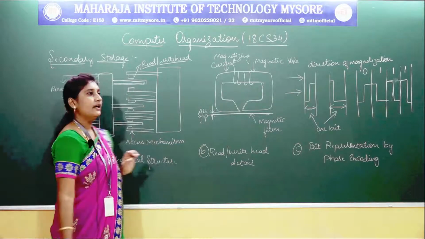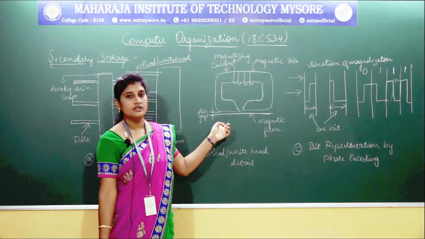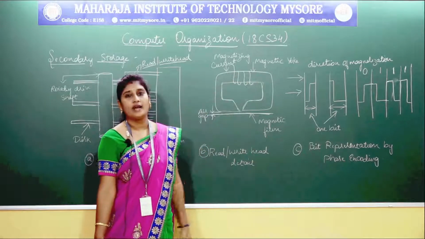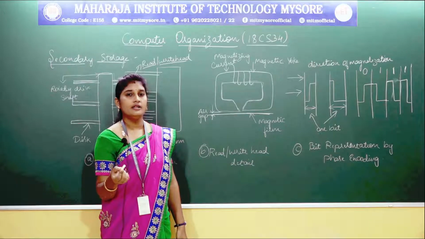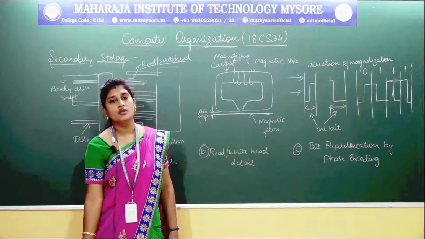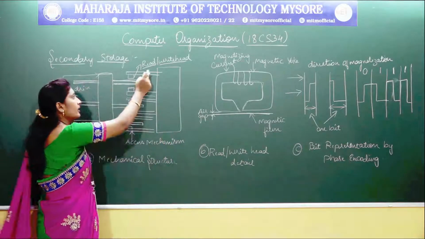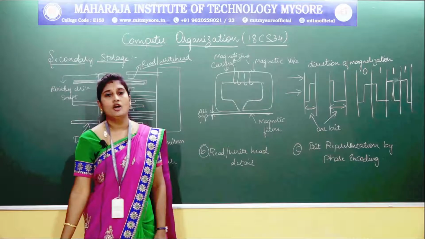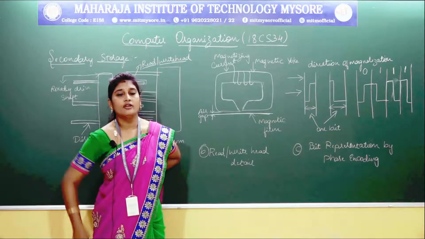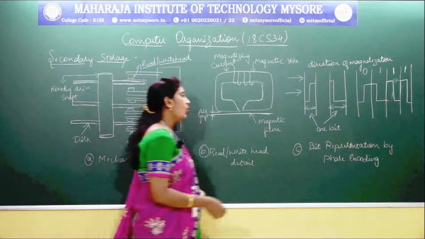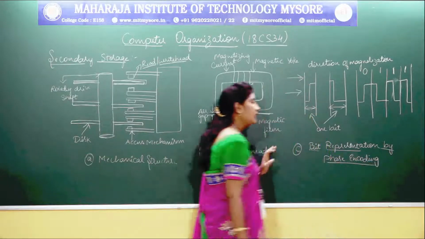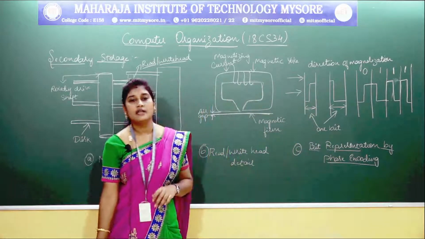When the current pulse with suitable polarity is sent through the magnetizing coil, which consists of a magnetic yoke, that current pulse will be encoded with the binary data, performing either your read operation or your write operation. Fine. Several methods have been developed for encoding of information. One such scheme that is used is Manchester encoding, or phase encoding.